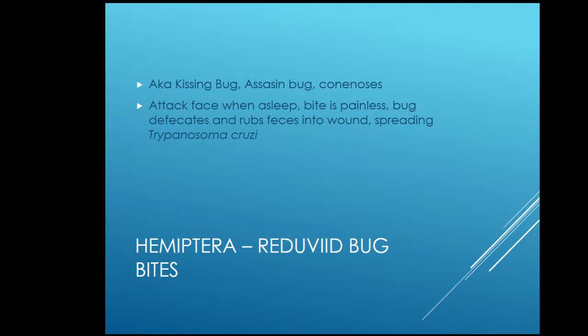There are other organisms from this order. This is kissing bug or Reduviid bug, from family Reduviidae. This is a night animal. So at night, this bug bites people on the lips or conjunctiva of the eyes. The defecation of the bug happens after feeding, and when the person scratches the place of bite, the person